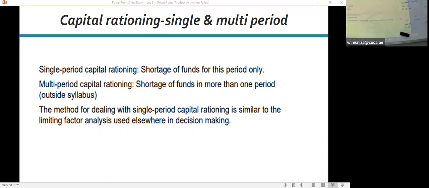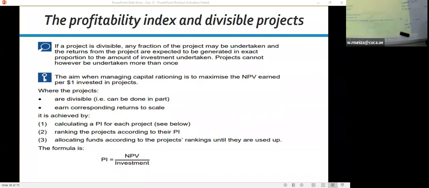So let's see further: the profitability index and divisible projects. We are going to prioritize the projects as per the PI calculated for them. What is PI? How are we going to calculate it? It's NPV divided by investment. NPV divided by investment of all the projects is going to be calculated, and according to this answer, we are going to prioritize the projects. And on those projects which have the high ranking, we are going to invest the amount first, and later